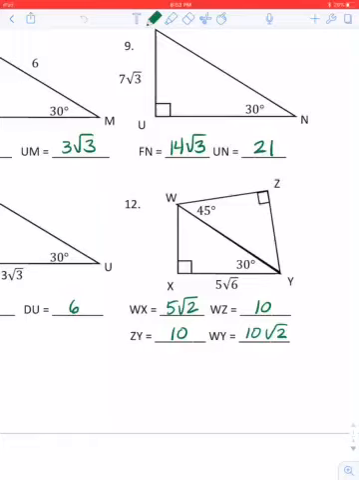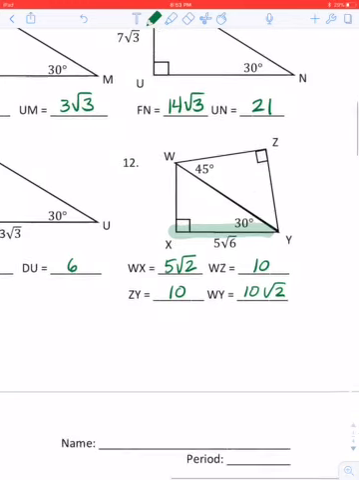So on number 12 on the first page, it says that XY is 5 square root of 6. So this is a 30-60-90 triangle, right? Which means that the long leg equals the short leg times the square root of 3. So if I just focus on this triangle for now, that's going to be 5 square root of 6